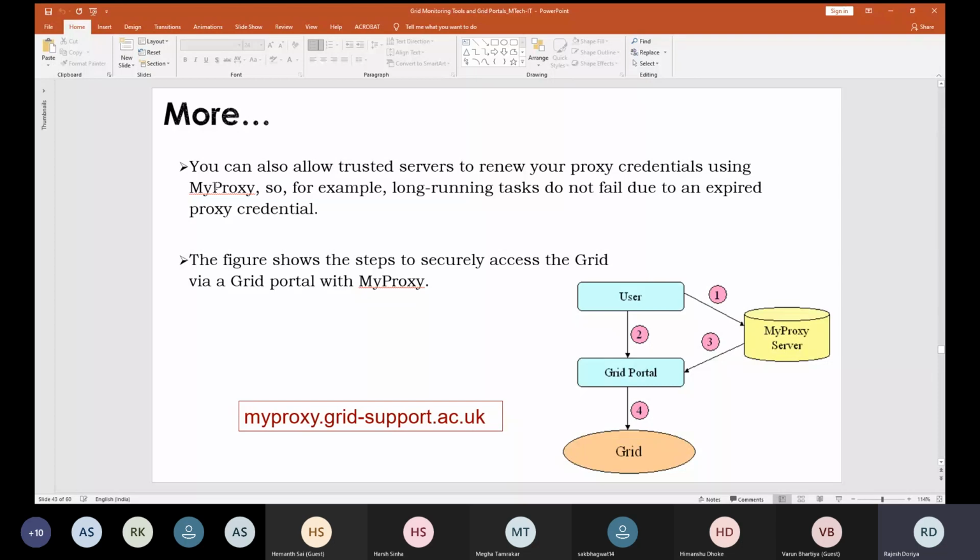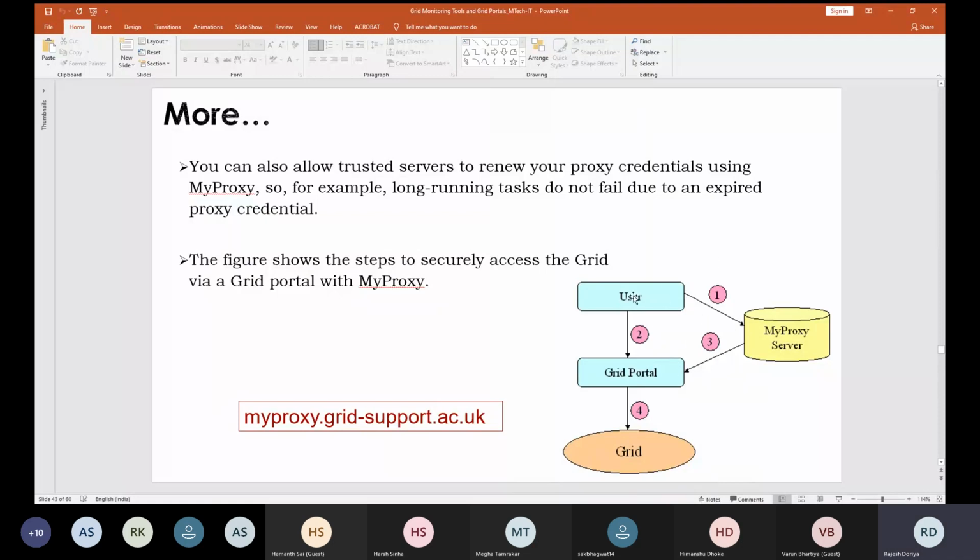So MyProxy provides a feature that will take care of all those sorts of things. So basically, long running tasks do not fail due to an expired proxy credential. Okay, so this is how things look.